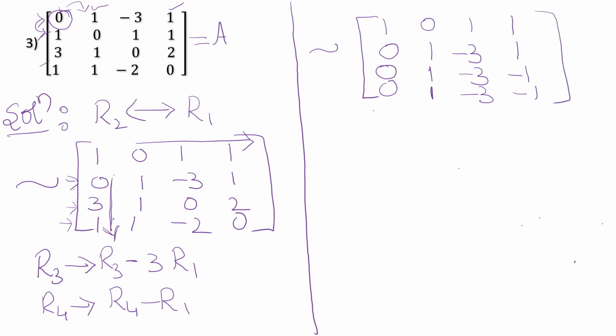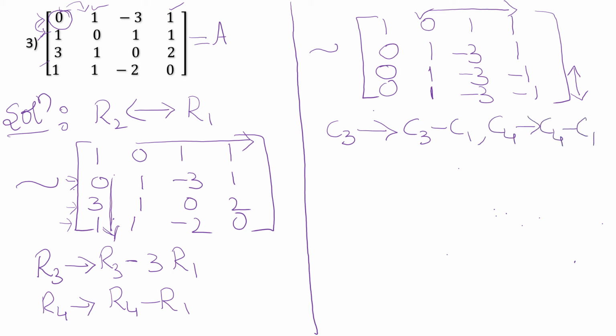You can see these are two similar rows. You can either perform an operation and make one row as 0 or go ahead with whatever the process that we are following. So now we have to convert the elements in this row also to 0. Already there is 0 here, so we only have to do these two columns. C3 is C3 minus C1 and C4 is C4 minus C1. So the equivalent matrix that we are going to get is 1, 0, 0, 0 and then